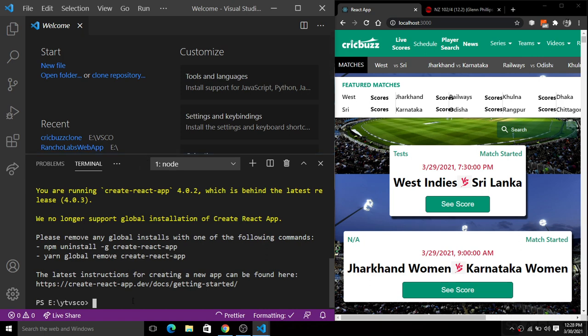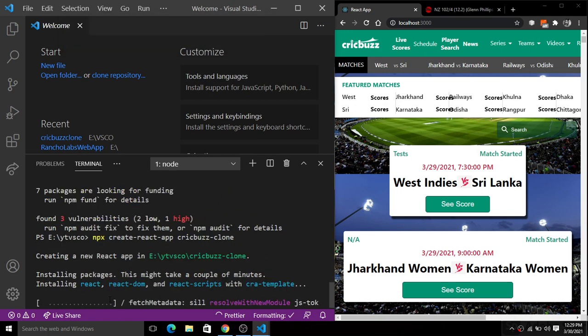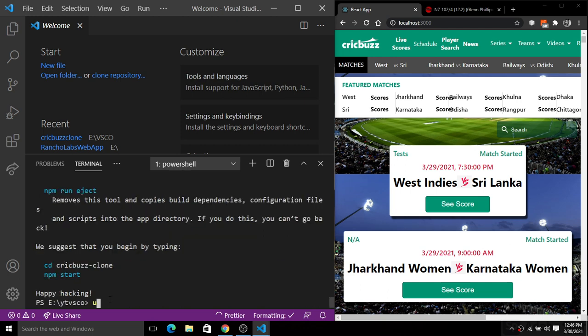So fine, we have fired the command npx create-react-app, and now it will create a boilerplate React project which is bootstrapped with all the necessary React features.